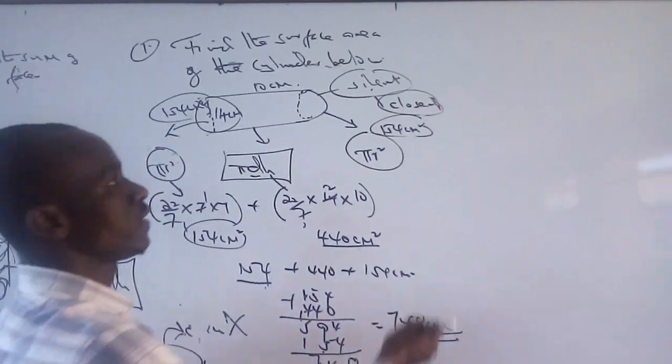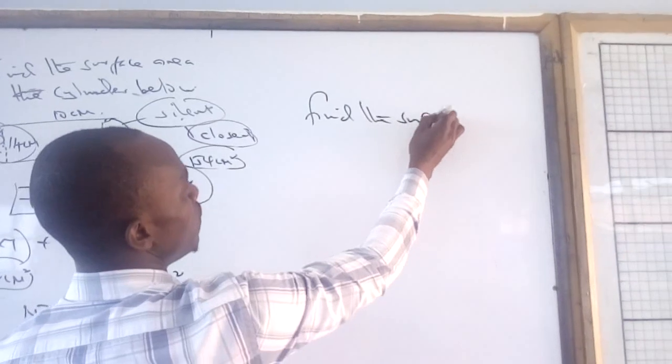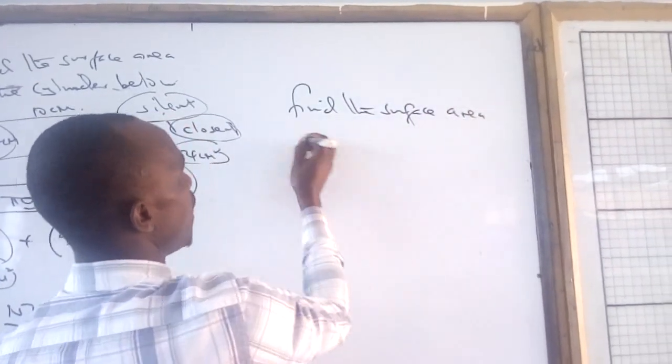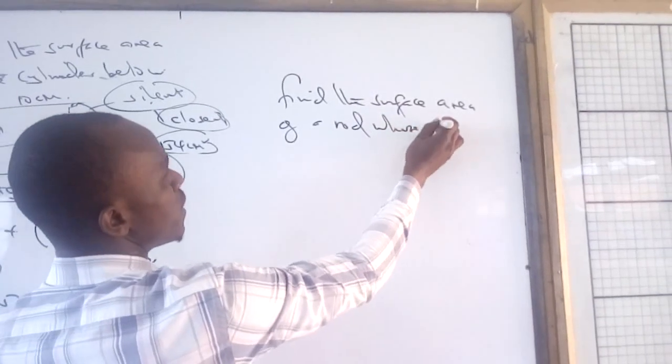We can take another example. Find the surface area of a rod whose radius